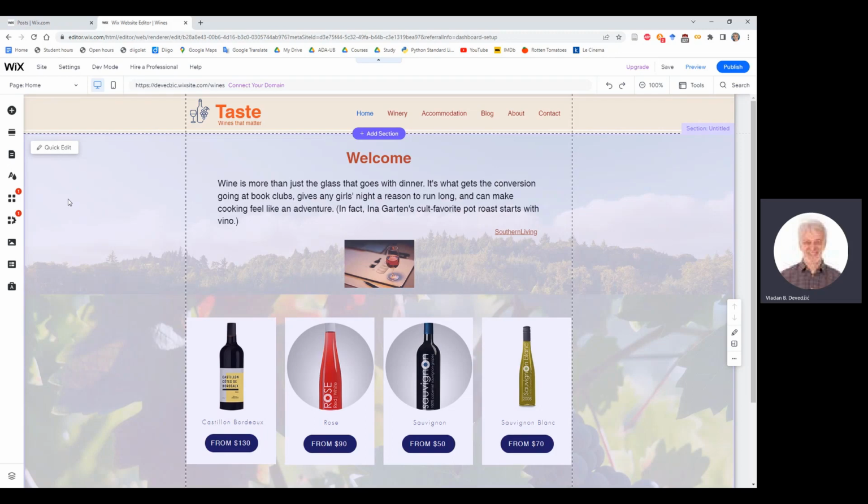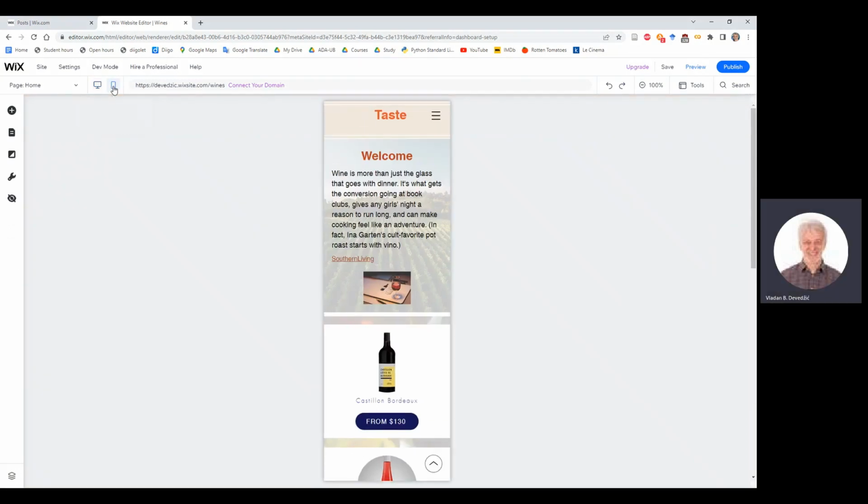So for most websites, it's very important to have all of the pages you developed transferred somehow to the mobile mode. To do this, as I told you in the beginning of these videos, you click here, switch to mobile,